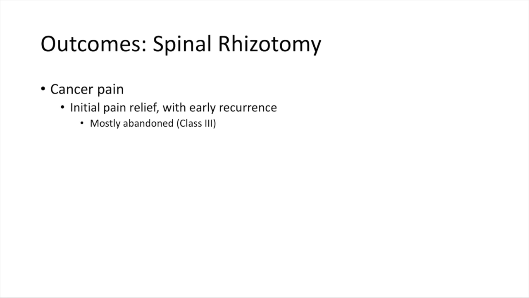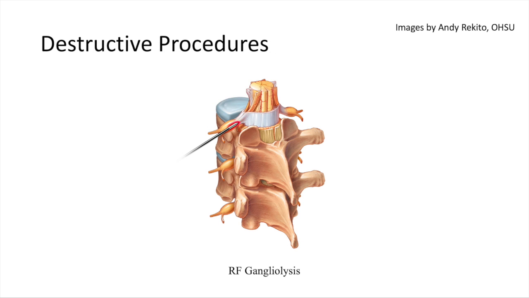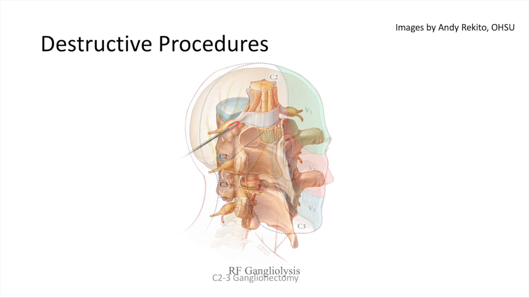10 case series studying the use of rhizotomy for cancer pain were identified, the majority of which evaluated the effects of dorsal root rhizotomy for malignant pain of the extremities. The largest series contained 71 patients and was one of the earliest papers. Reported outcomes generally were favorable initially, but faded quickly with time. The open nature of the procedure, the fading effect, and the presence of more effective procedures all contributed to the abandonment of this procedure. Gangliolysis, either percutaneous or open surgical, has been investigated for the control of radicular pain.